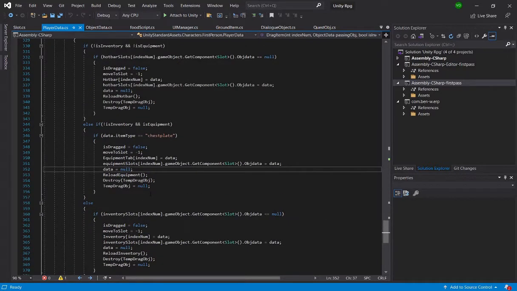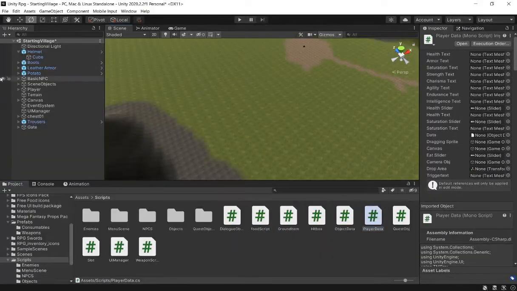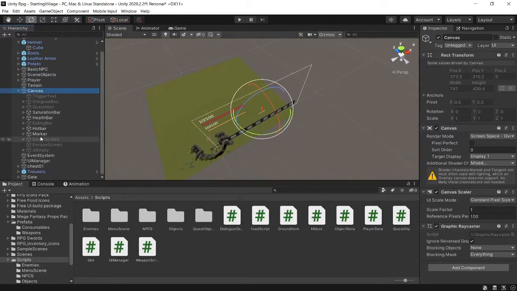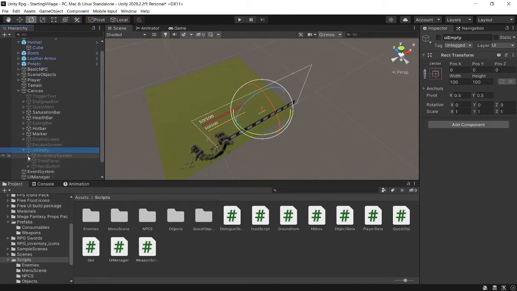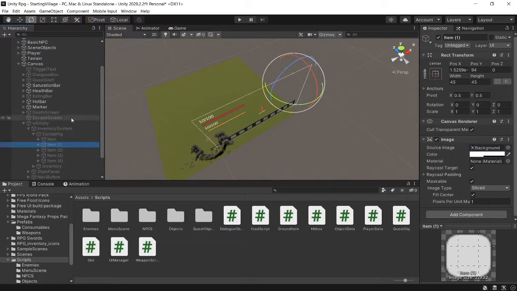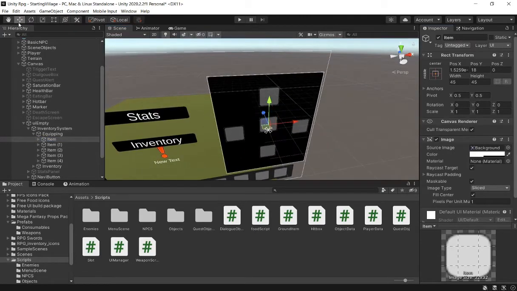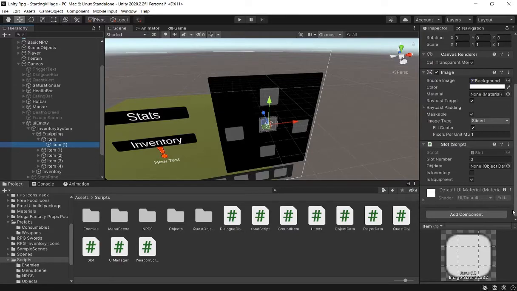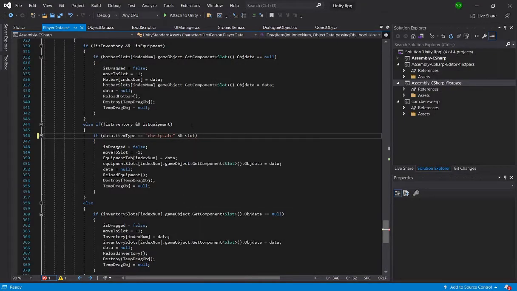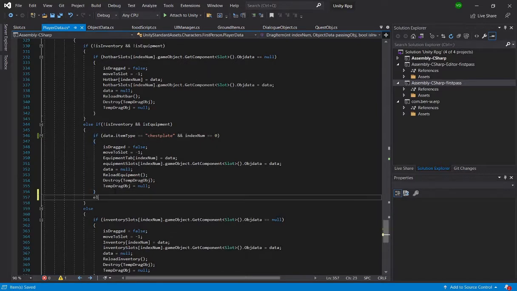Okay. We can also put another check here, and what we can do is we can come into the canvas here and we can check out our UI empty with our inventory system here inside equipping. Let me actually just turn this on so I can see clearly. If you go to this slot, okay, this is the chest plate slot, and it has a slot number of 0, and we can check basically slot index num is equal to 0, or it shouldn't be 3 equal signs, sorry, is equal to 0, then that happens. Else if data.item type is equal to helmets